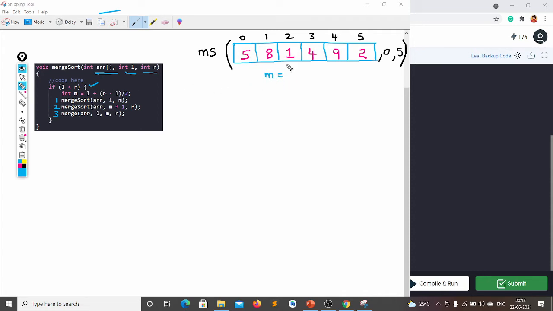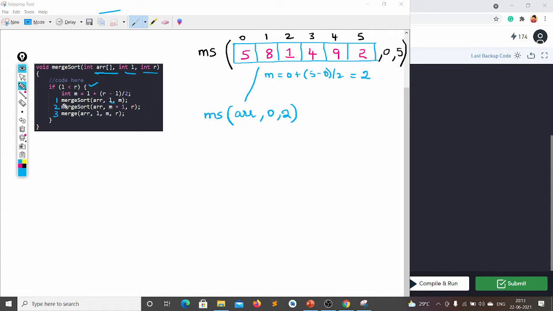My M will be L plus R minus L by 2, that is 0 plus 5 by 2, which is nothing but 2. Means again in my merge sort function, I'm passing this array and my L, which is 0, and my M, which is 2.